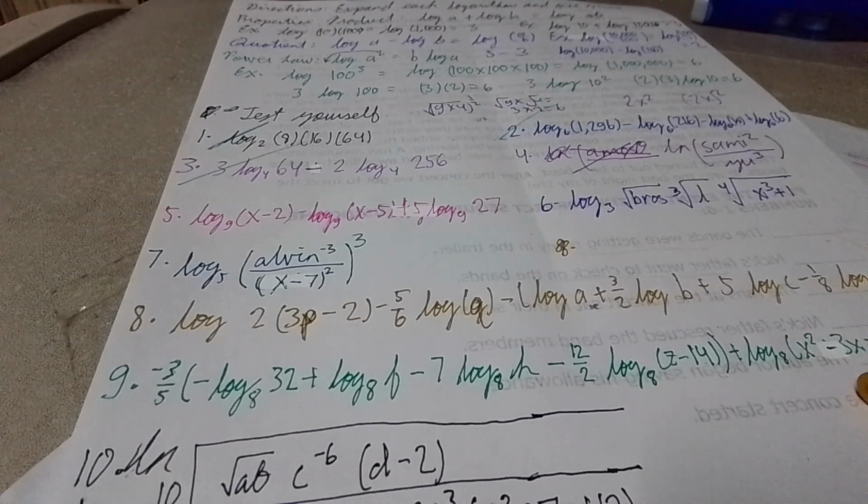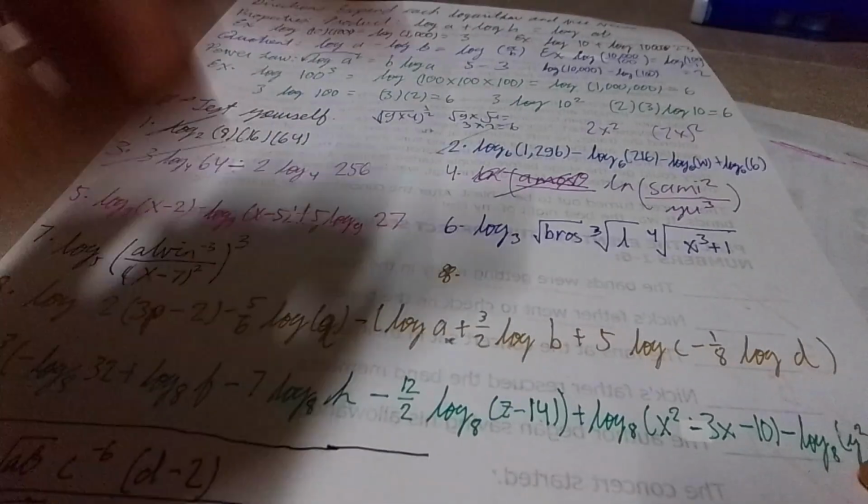So 2 times 3P minus 2 minus 5/6 times the log of Q minus, this one implies